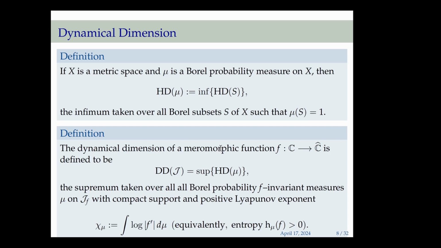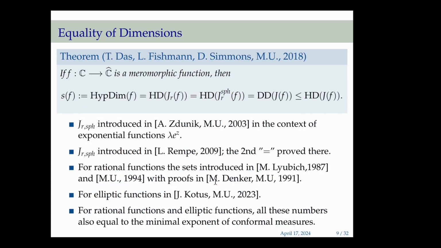In the context of meromorphic functions, this hyperbolicity requires that the Lyapunov exponent is positive, or equivalently that the Kolmogorov-Sinai entropy is positive, because of Ruelle's inequality, which holds in this context. So now there's a theorem which has a long history, and its final form was written in a joint paper with Tushar Das, Lior Fishman, and David Simmons in 2018, and it says that if you have meromorphic functions, then